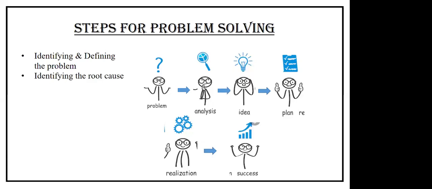Second step is to identify the root cause for the problem. A problem can come in many different types. So once we clearly define and state a problem, it helps us get into the root cause of the problem. Once we have done the identification of the root cause, the next step is to generate possible solutions. These solutions are hoped to solve the problem and not cause another problem to develop or make the current situation worse than the existing problem.